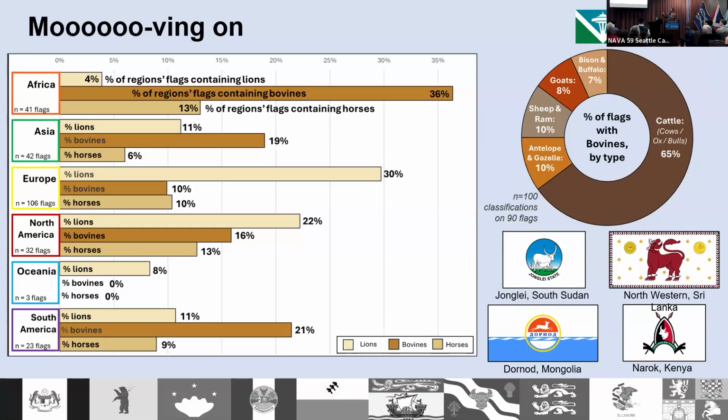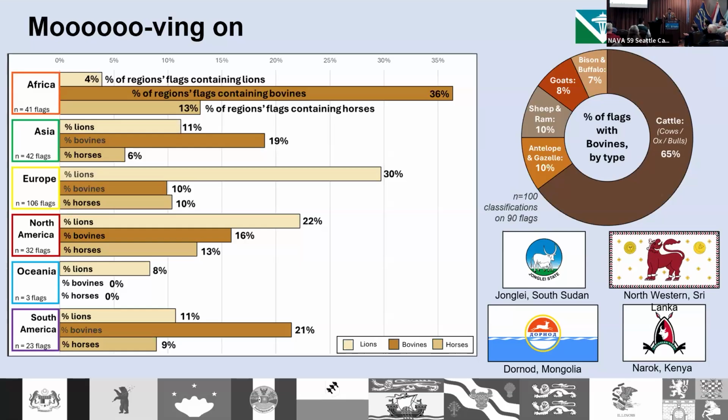I would argue that's often related to the history of colonialism, and as those countries became independent, they wanted to shun those European symbols and adopt their own symbols instead. Only 4% of African flags have lions on them, which I thought was quite interesting. They're also not as common in North America, South America, or Oceania. The lions that do occur in North America are related to the Commonwealth, specifically in Canada and the Caribbean. But they don't occur anywhere else.